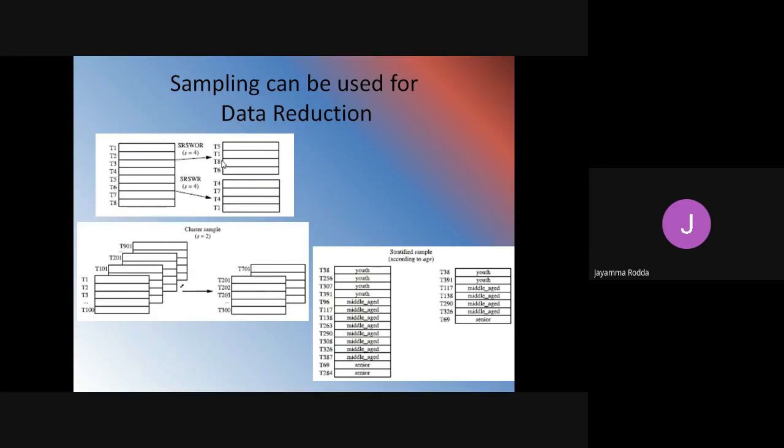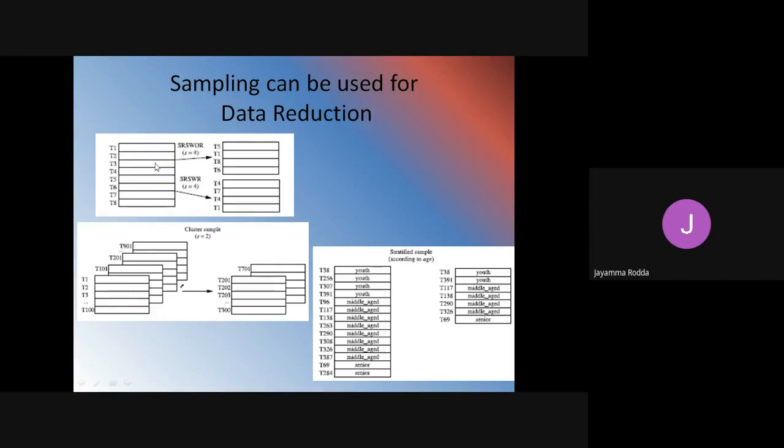The first way is simple random sample without replacement of size S, that is 4. This is created by drawing S of the n tuples from this D, which contains n tuples. Here n is equal to 8, and S is equal to 4.